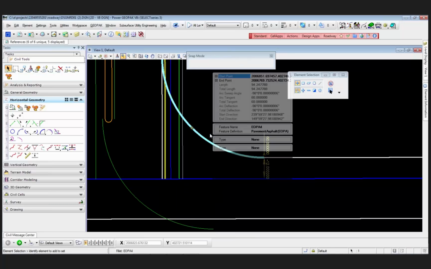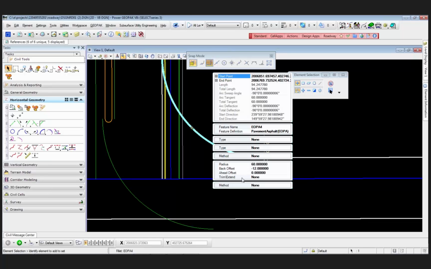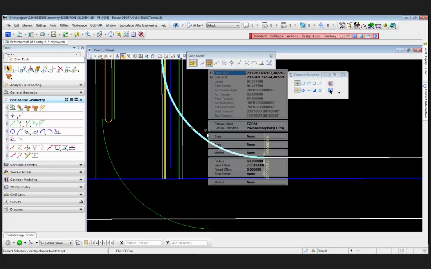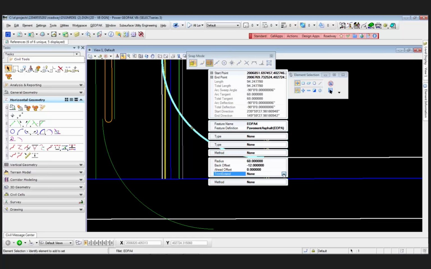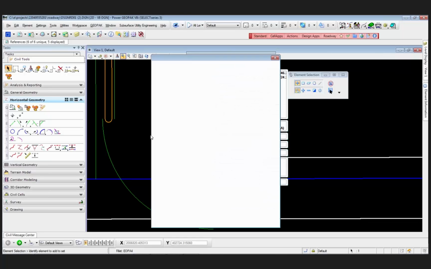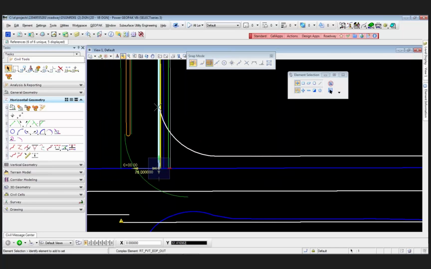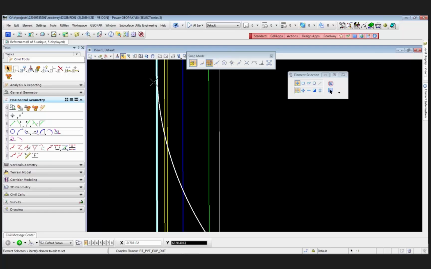This element right here, if you look at it, it has trim extend to none. And so if I want to trim this edge of pavement line, because of the way this was built, the trim extend was set to none. So if I change this to both, then it will trim back that line. Well, it should have trimmed back that line, but looks like it doesn't want to. If it doesn't, you can just grab it and select the handle this way and go back to the radius point on this side,